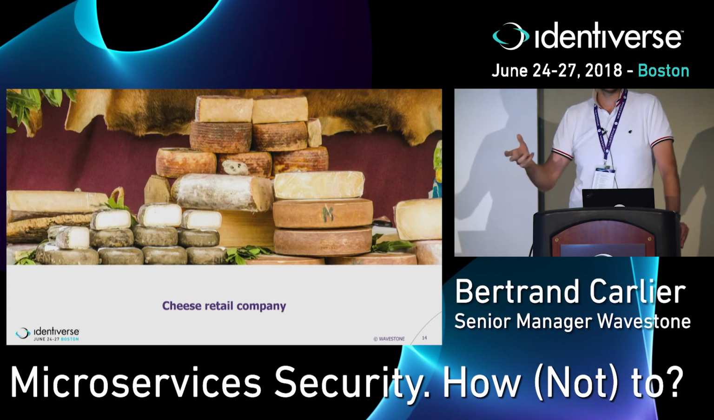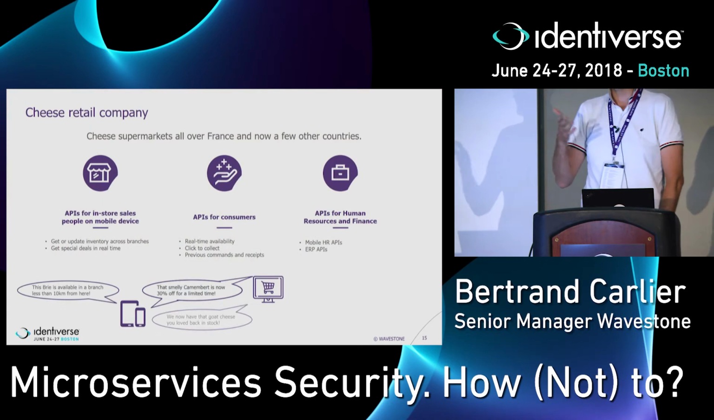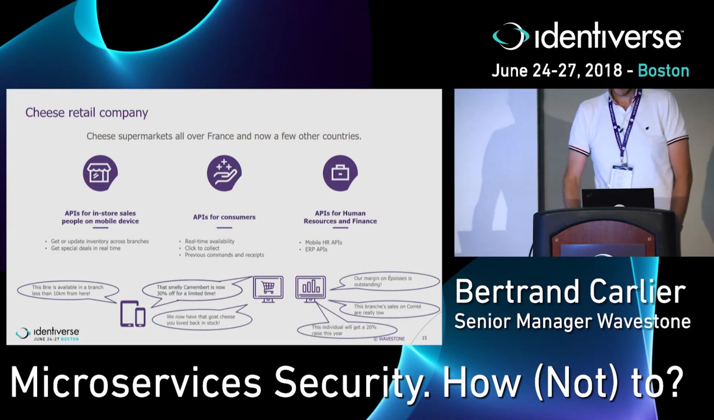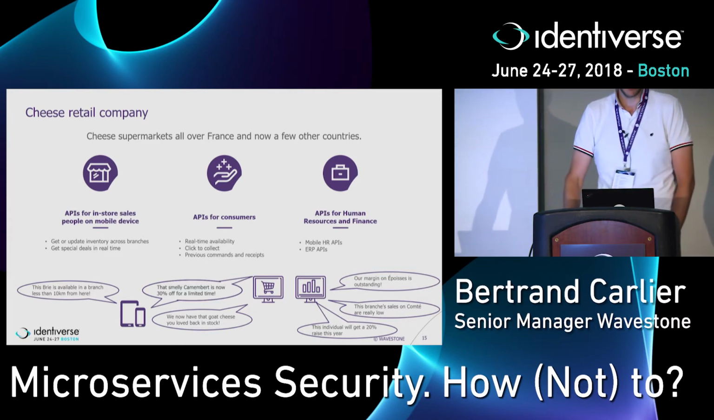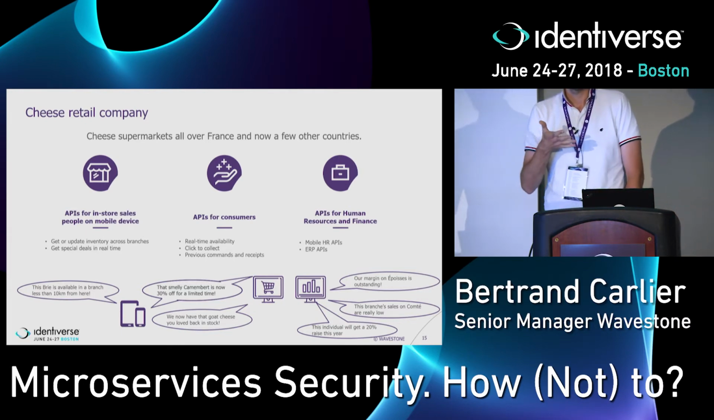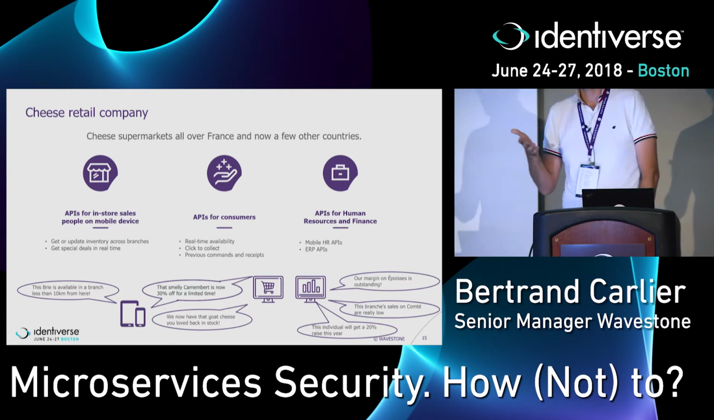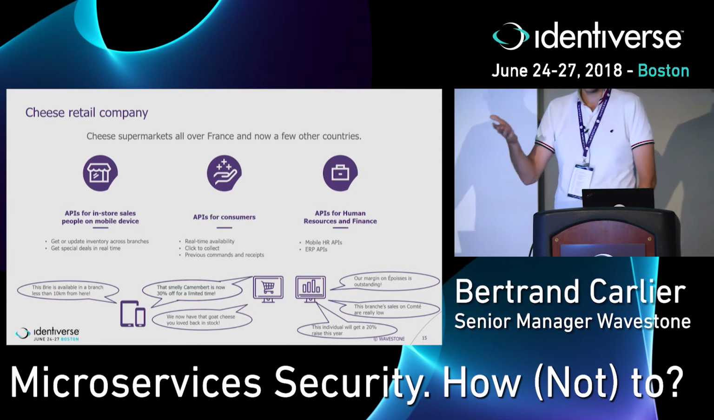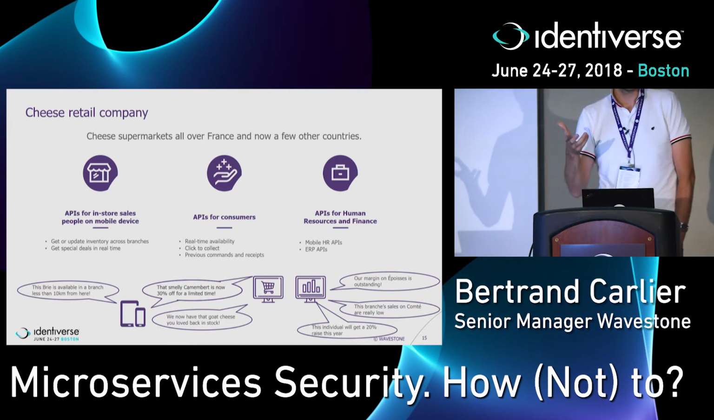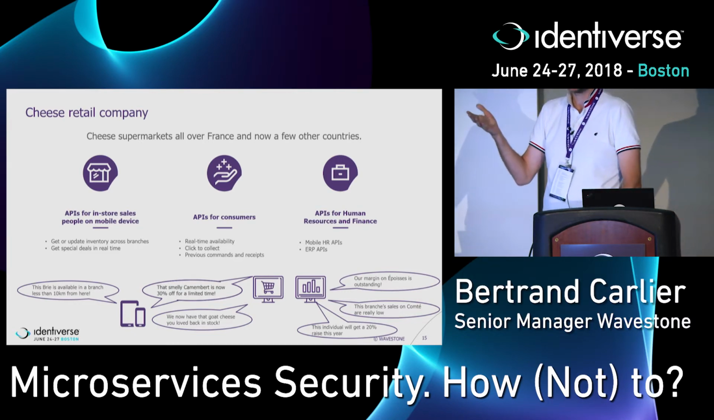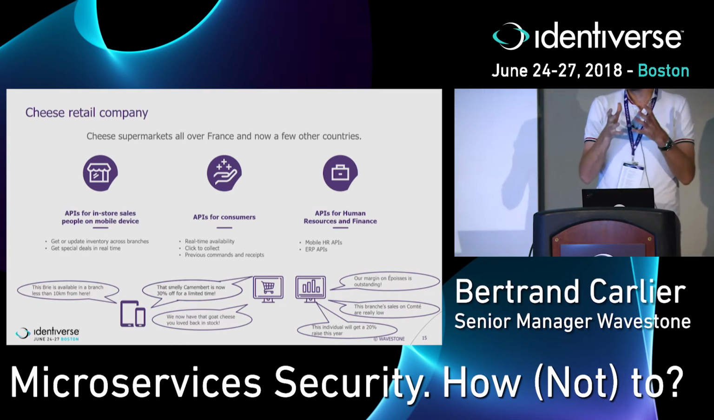So let me tell you about a cheese retail company. Imagine we have a cheese supermarket all over France and a few other countries, and they have APIs. They went the API way a long time ago. They had APIs for the mobile application, for the in-store salespeople, so they can have a real-time inventory and provide the customers in the stores with information in real time. The same APIs are used actually by the customer website and the customer mobile application. So this is one set of APIs